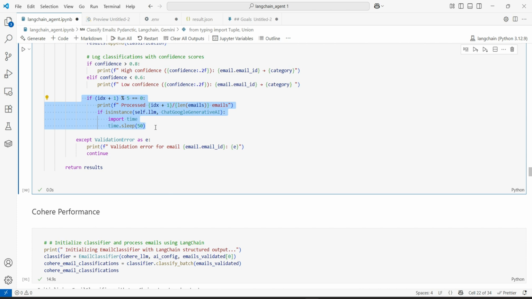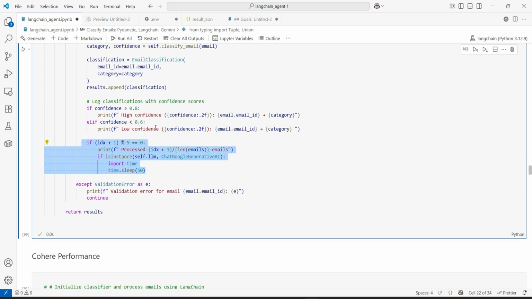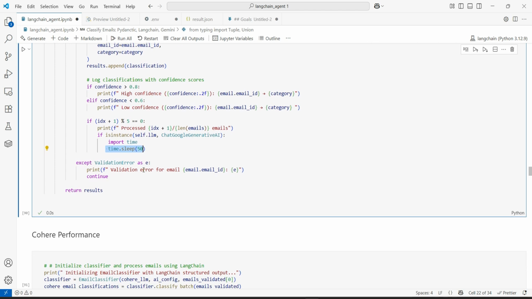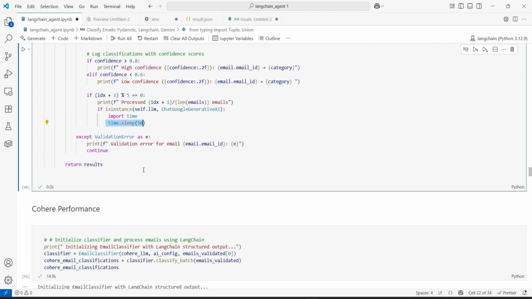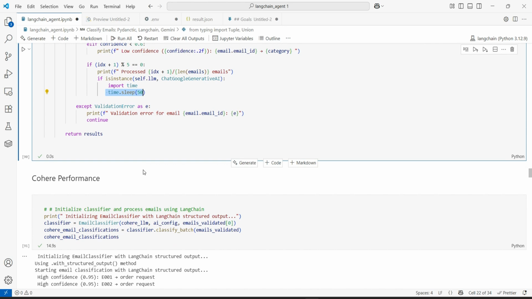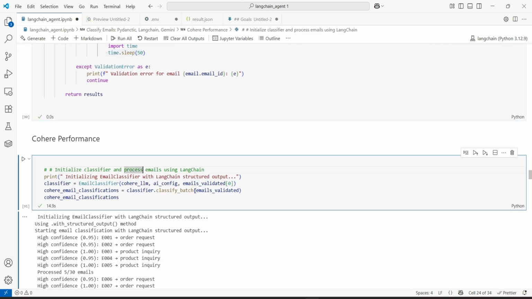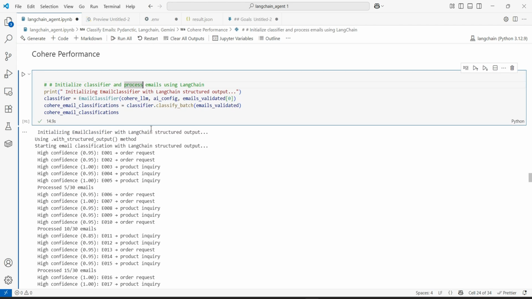In Gemini models, because they have a rate limit, your application can stop midway, so we have to respect the rate limit. For that we have added here the time.sleep to wait for maybe 1 minute or whatever works for you, and then continue on to making the next request to the model. Based on this, we have